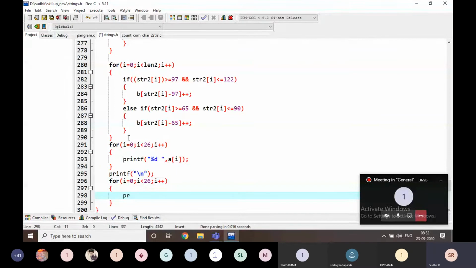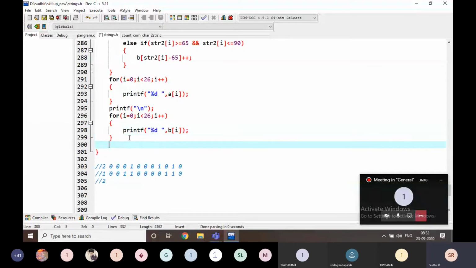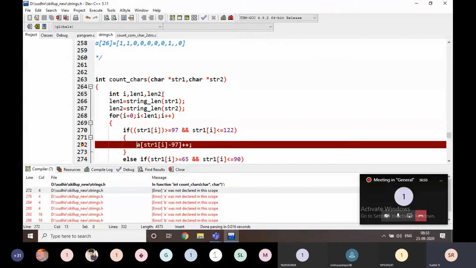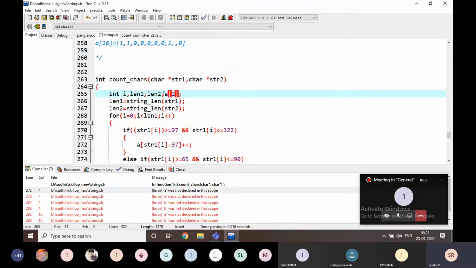Again I am going to display the b characters here, comma b of i. Then I am simply going to return some 100. A of 26 is equal to 0, comma b of 26 is equal to 0.